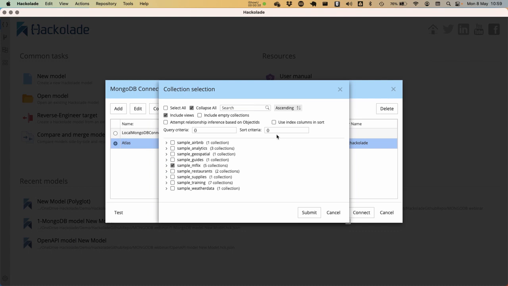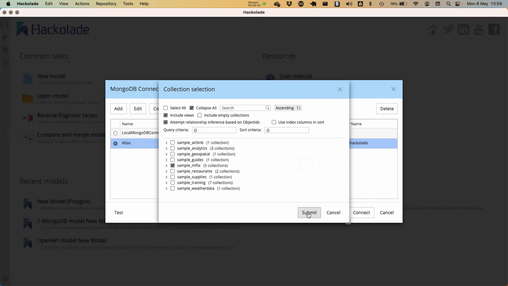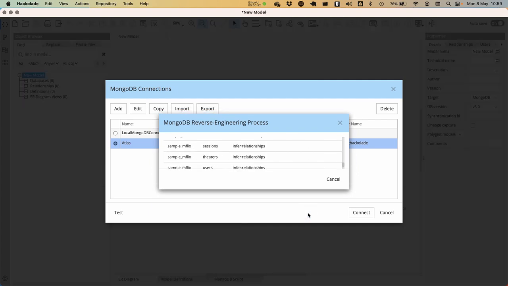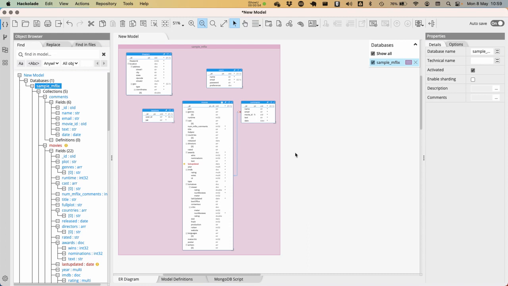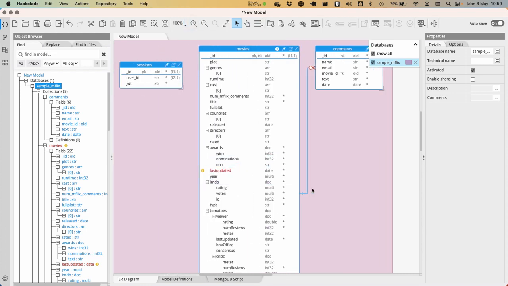Now I'm going to do something very specific here. I'm going to try and use the inspection that we do on this collection to infer new types of relationships between elements in your database using the object IDs that we find there. So let me do that. I'll just wait a few seconds, and before we know it, we actually have this collection visualized inside our Hackolade